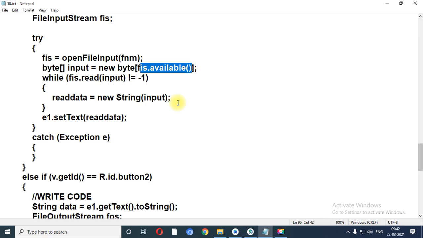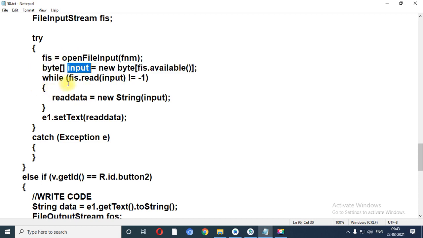If the content is available, at that time it will return true. If file is not available, it will return false. So our file is there in the FIS.available. Now I want to copy that content from file to the local variable input.